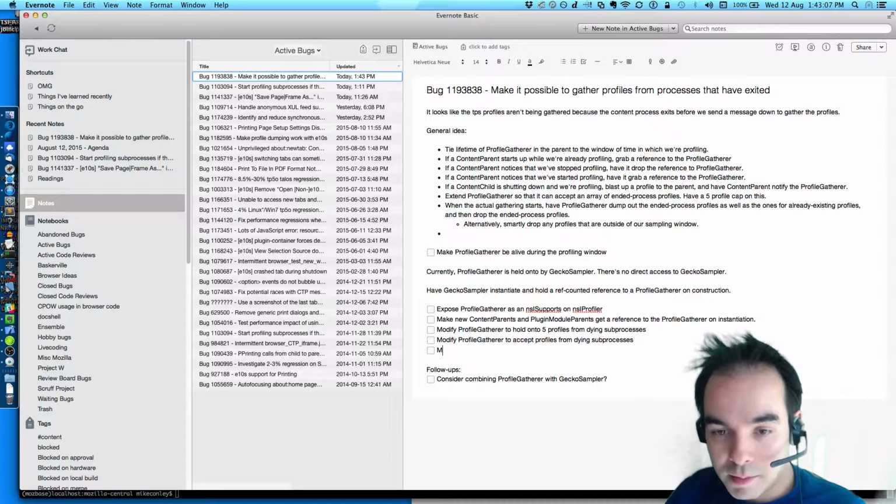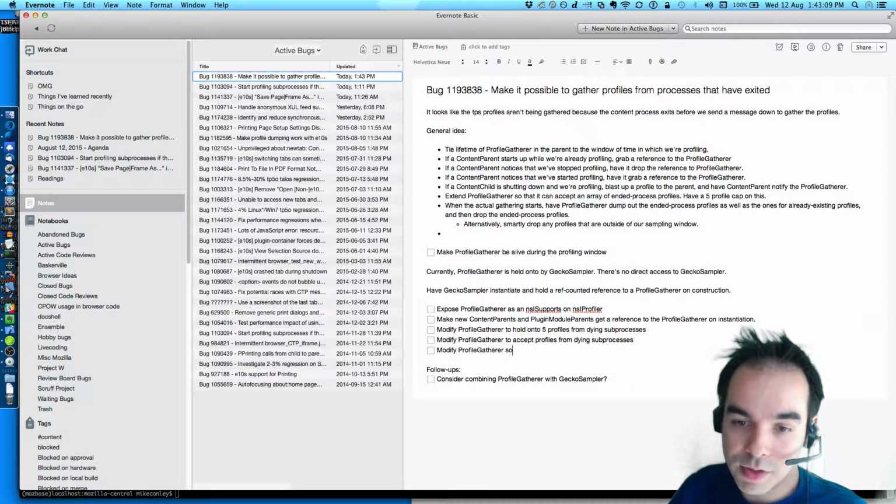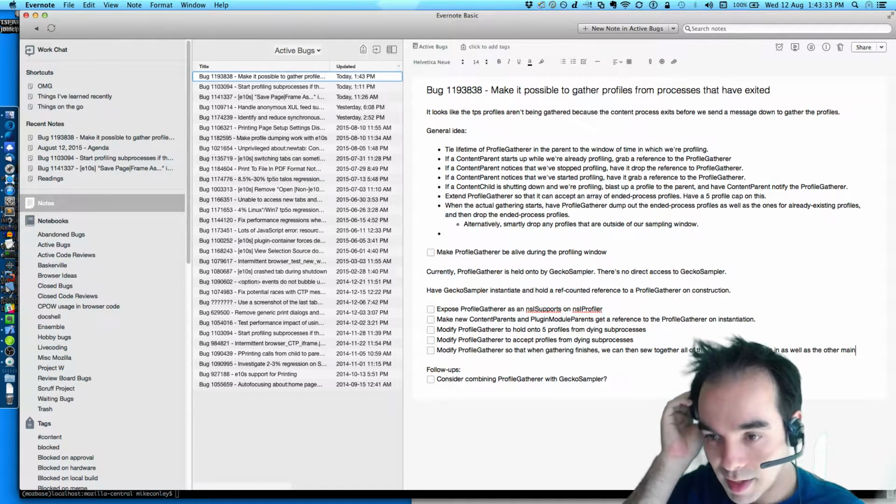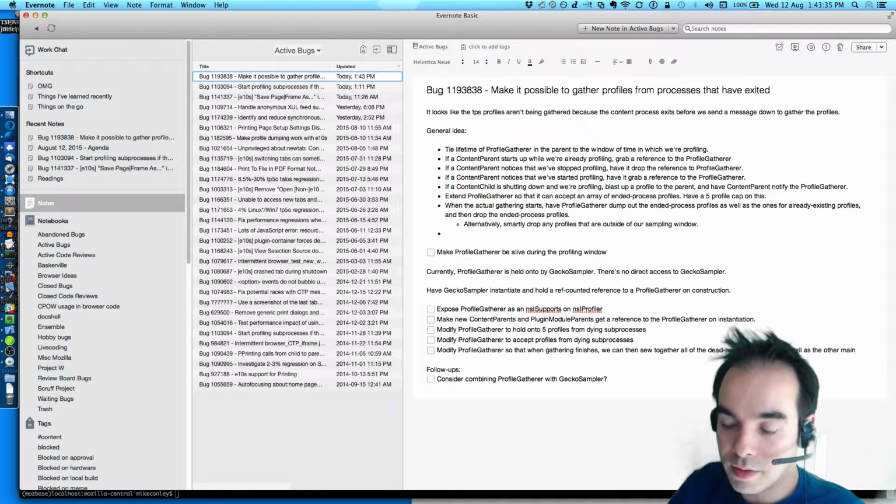And then modify the profile gatherer so that when gathering finishes, we can sew together all of the dead process profiles as well as the other sub-process profiles.